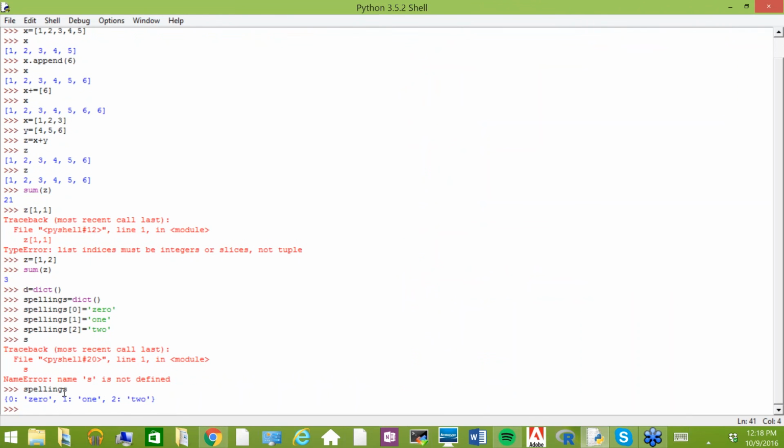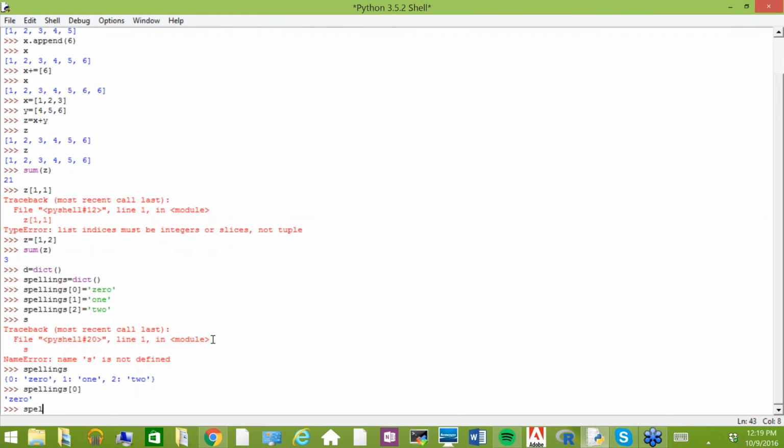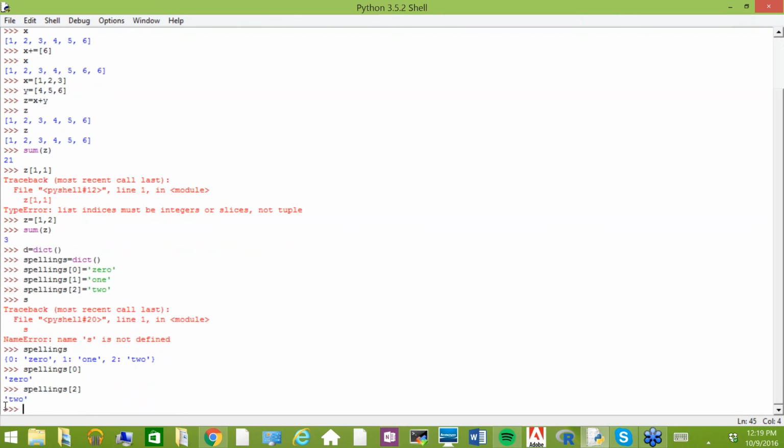So as you can see, the values stored in spellings are what I just entered. So 0 gets mapped to the string ZERO, 1 is mapped to the string ONE, and 2 is mapped to the string TWO. And the way I can access the elements in the dictionary is by saying spellings of 0, and then it gives me the spelling. So if you want to know the spelling of any number, just say spellings of that number,